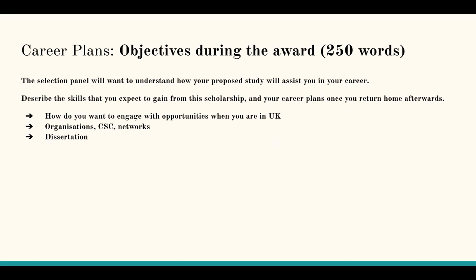I would say not to mention the modules and stuff in this, because you have a different essay for that, and talk in detail about the modules and professors and all of that in that essay. So you don't need to mention that here. You can talk about all the extracurriculars you plan to do, any societies in your university. This is a great